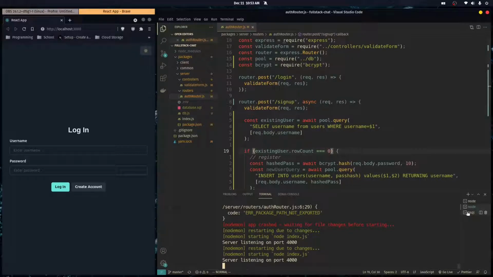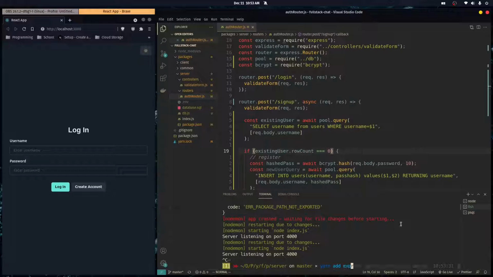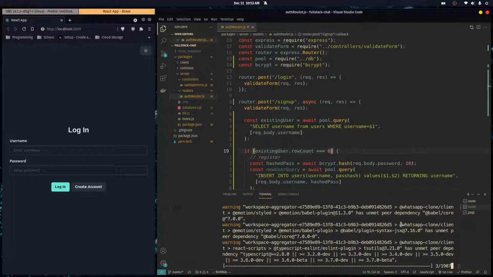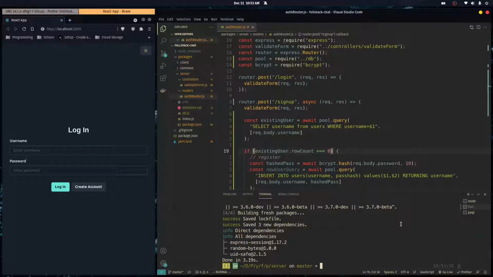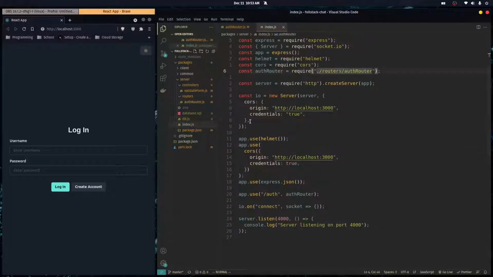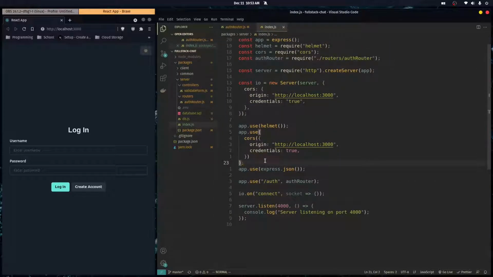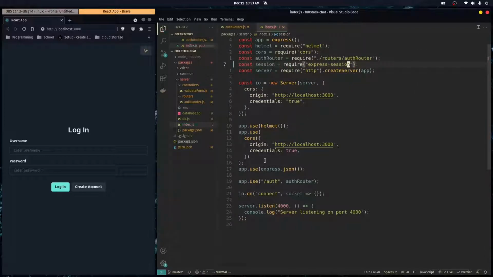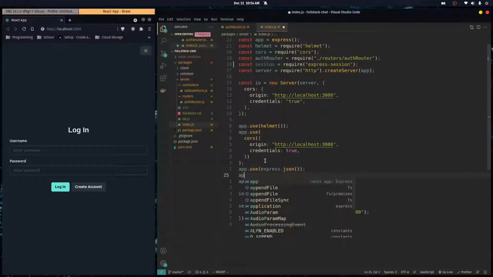So to do that, we're gonna go over here and add express-session to our package. Then we can run our server again. And so we're gonna go over to our index.js, and over here we're gonna import, so const session is equal to require express-session, and then here we do app.use